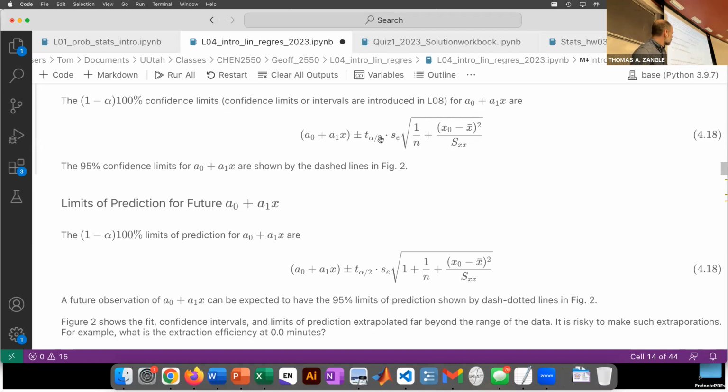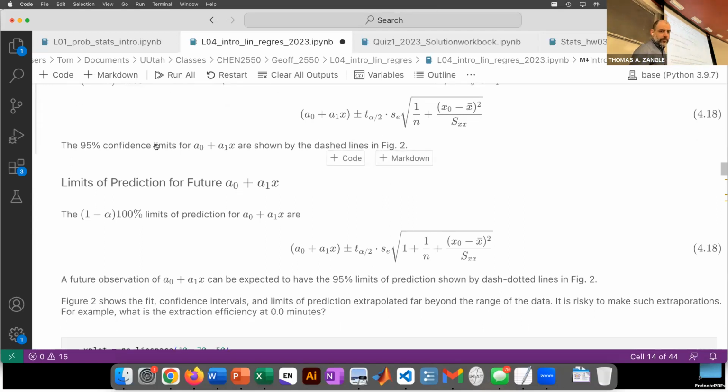But for now, we can say that this is like a coefficient out front of our confidence interval estimate that is based on, for example, how big the sample size is. And so from this, we can compute the 95% confidence intervals,